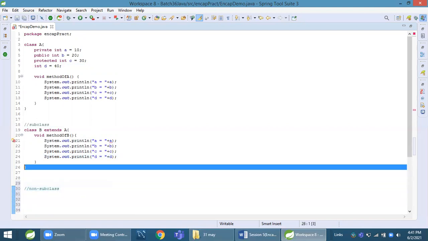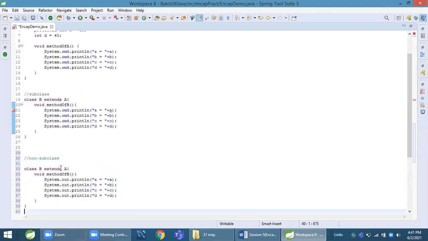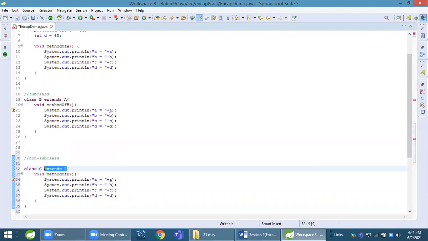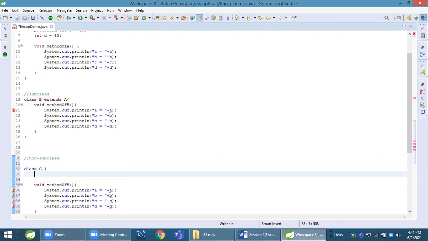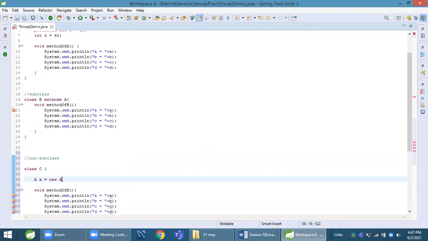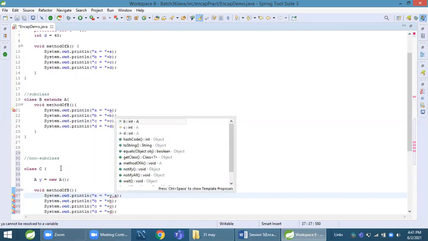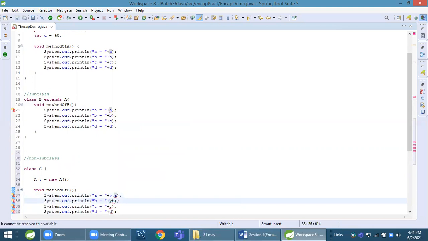Here on class say C. And I don't extend to A. I create object of X and Y. Y dot A, Y dot B, Y dot C, and Y dot D.